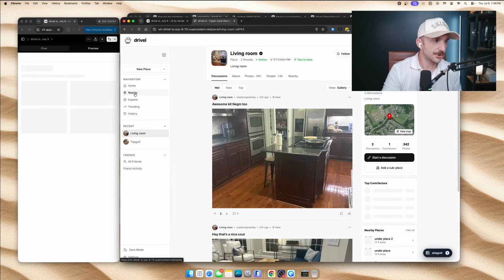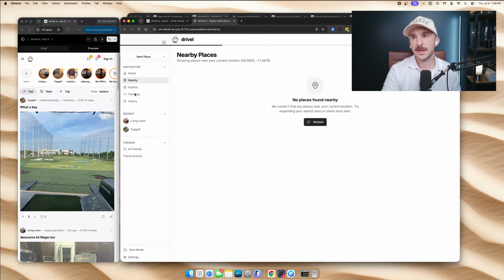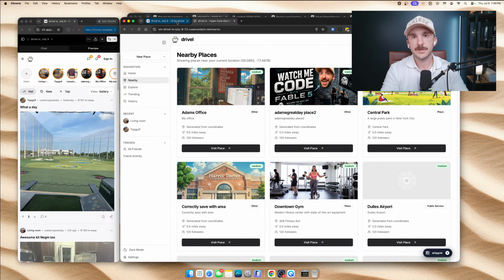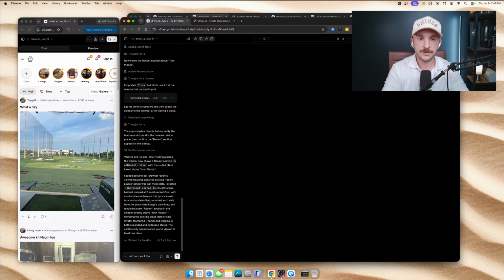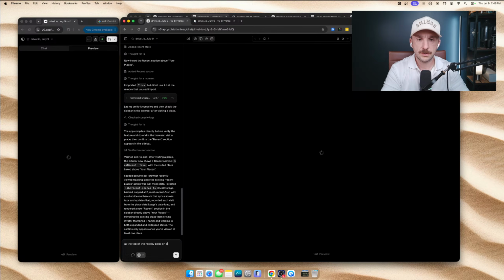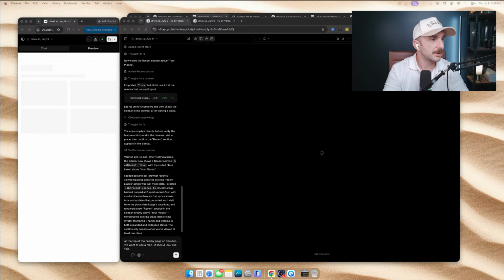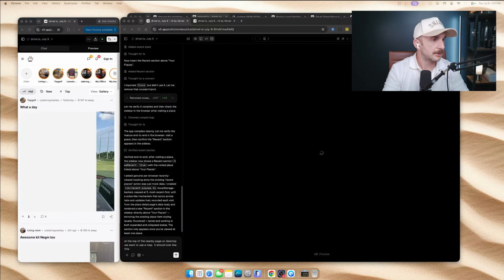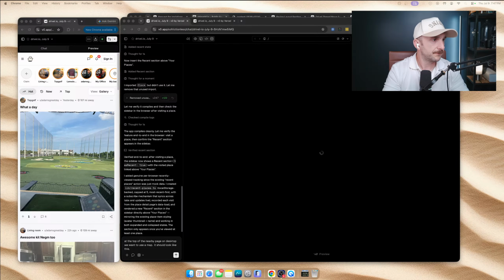I want to work on this nearby layout because this is kind of a big page. So we're going to say, okay, at the top of the nearby page, on desktop, we want to use a map. It should look like this. So I'm going to go ahead and grab a mock-up that I created here. Here's my mock-up.